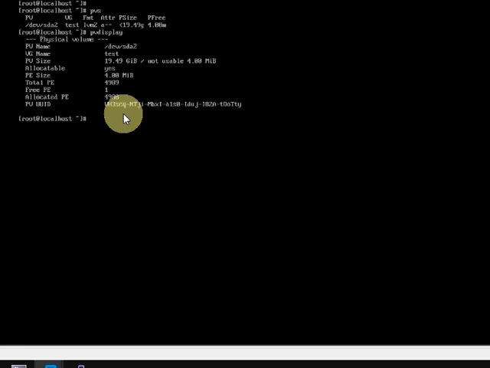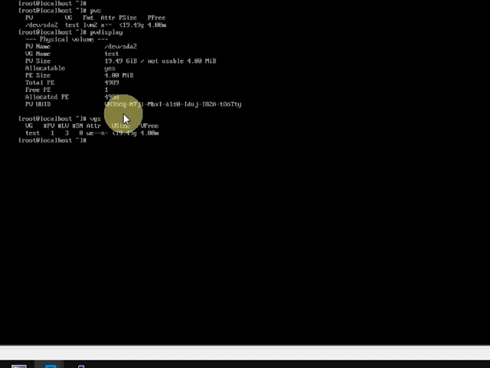Now we'll see the volume group which was created. The short command is vgs. Here you can see VG name is test, #PV is 1. It means only one physical volume is attached to this volume group. #LV is 3, which means three logical volumes are created in this volume group.